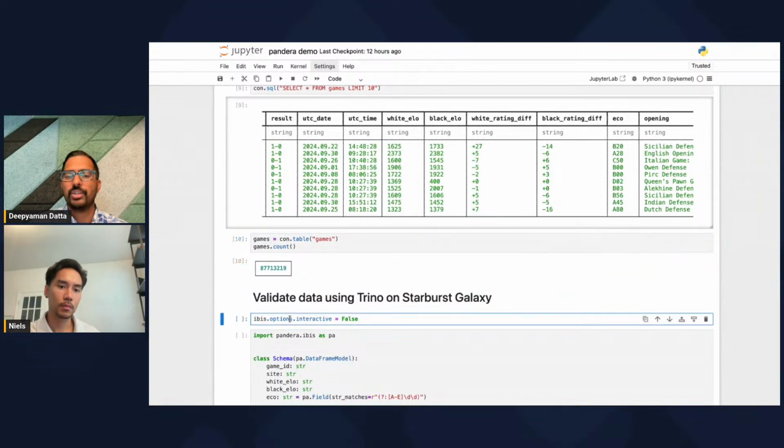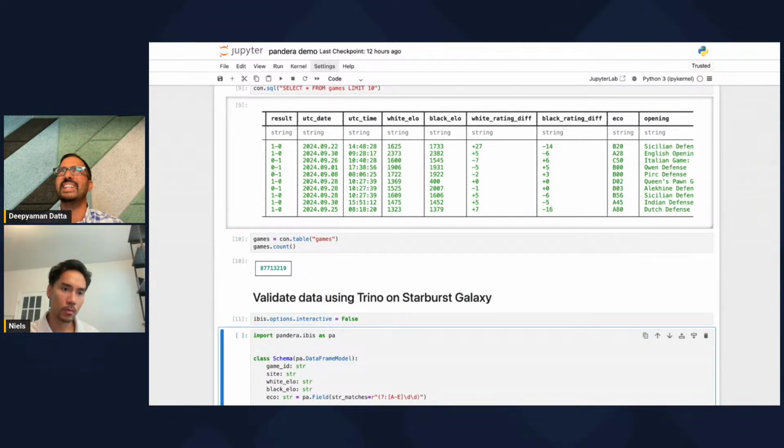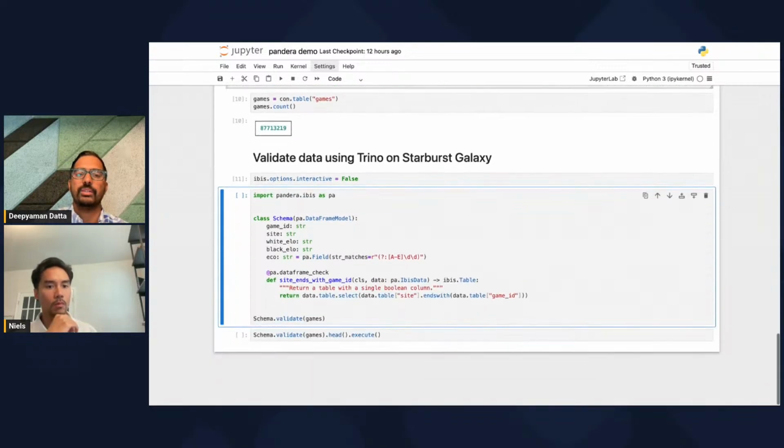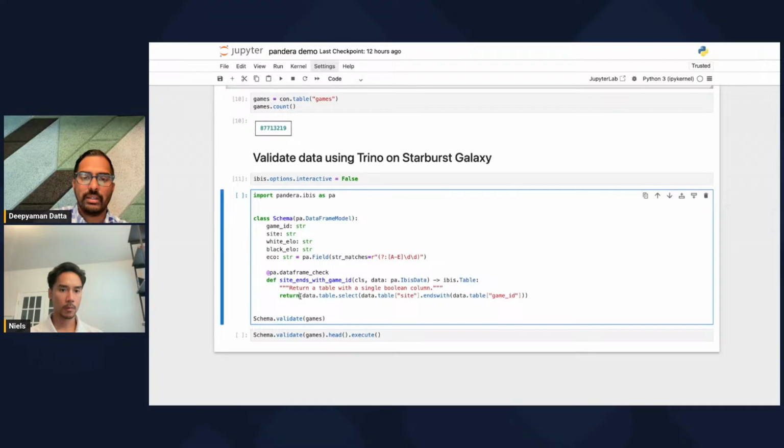All right, I'm going to turn off interactive mode just because, as we mentioned, you might not want to do that when you're executing at larger scale, since it's going to eagerly pull those back. But I can go ahead and run this validation. This is the same schema that we had before.